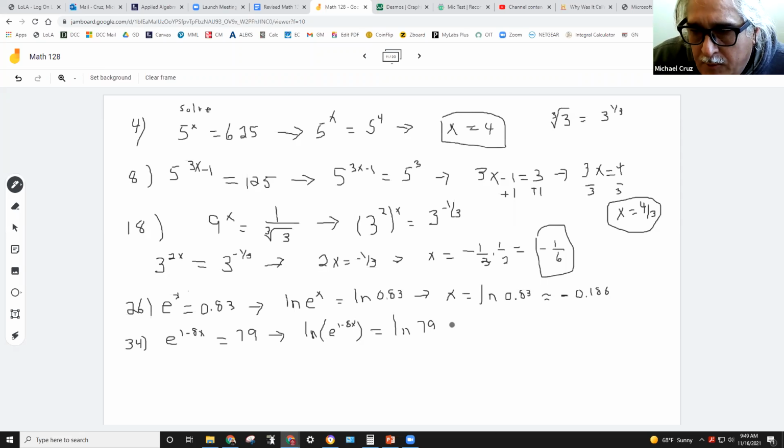So these do undo one another, and we got 1 minus 8x is equal to